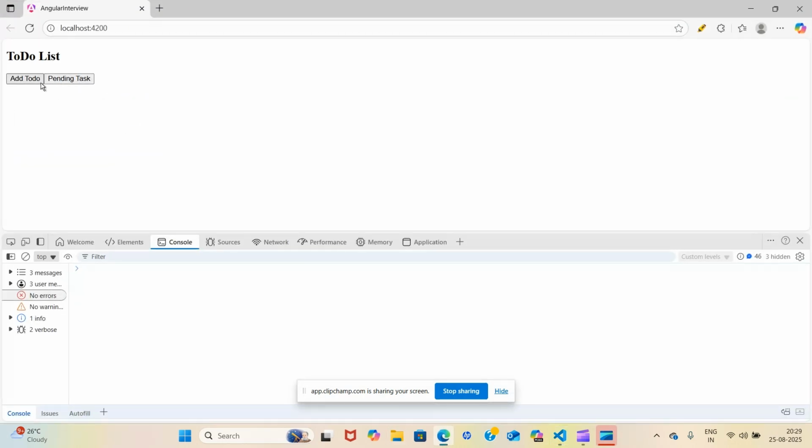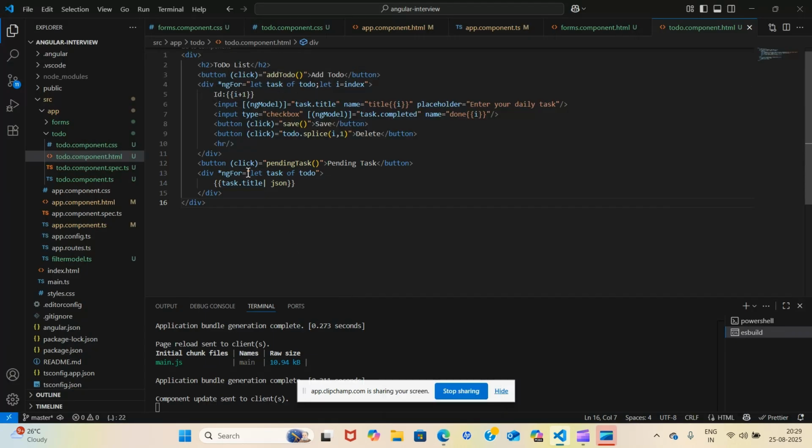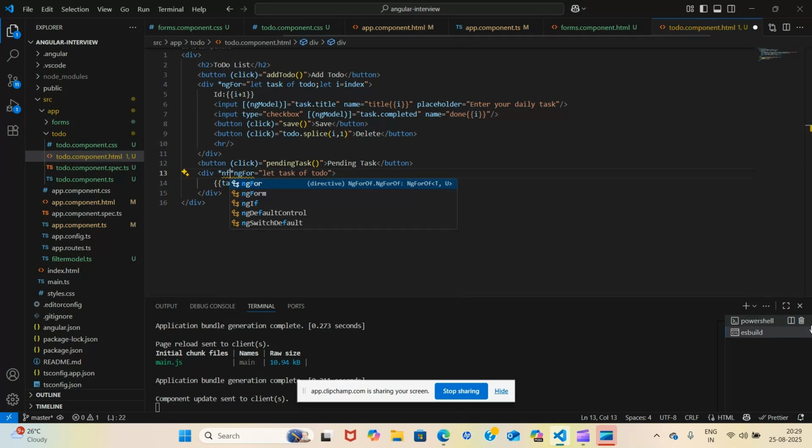And now we can see two buttons, add to do. Now we have save and delete and this. Okay, and initially this is coming, right? So we need to add some ngIf logic also, for when we want to display this data.